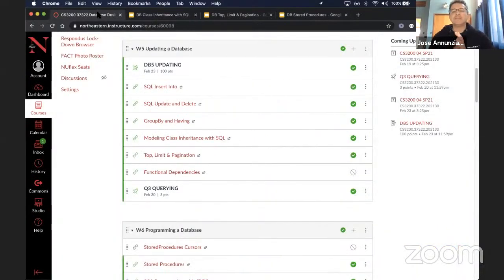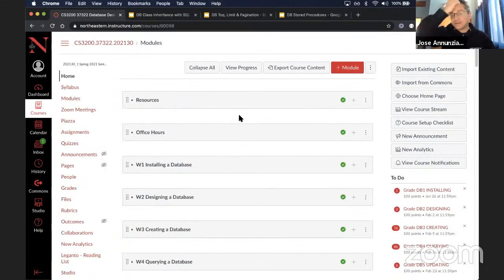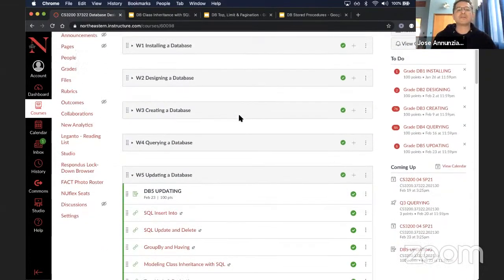All right, welcome everybody. We are finishing up the 5th week. We're getting close to the halfway point of this course. We'll have one more week next week, and then after that will be the midterm exam. Let's just review real quick. We started our first week doing installation of a relational database, MySQL. We created a simple table. We inserted, deleted, updated, retrieved some simple data from there just to get our bearings and make sure that the